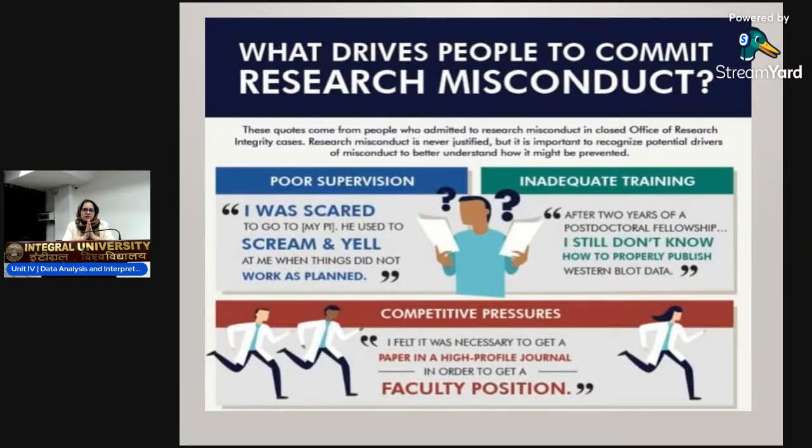A retraction alert is an alert which you will keep on getting so that you do not cite that paper or do not use that particular paper for your hypothesis or study design, right? So it's basically saving you from making a shoddy proposal. So this is why these retraction alerts are important, and now we are getting them. You will get them through your email,